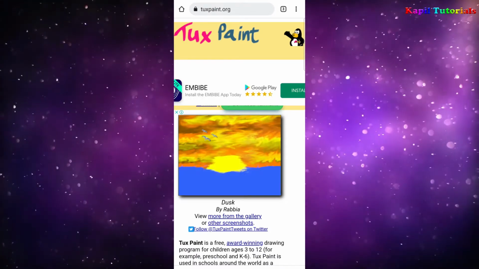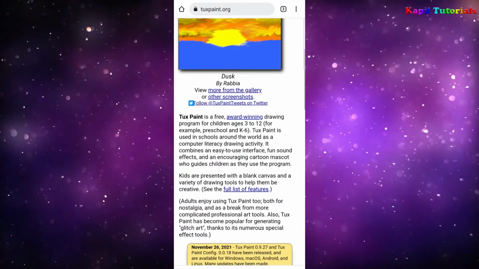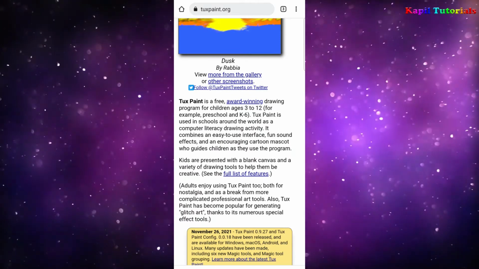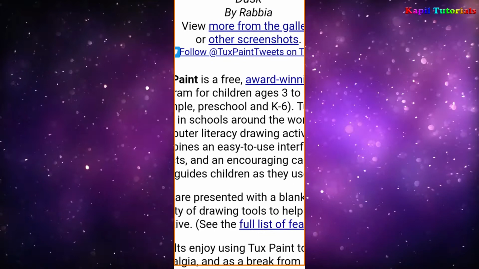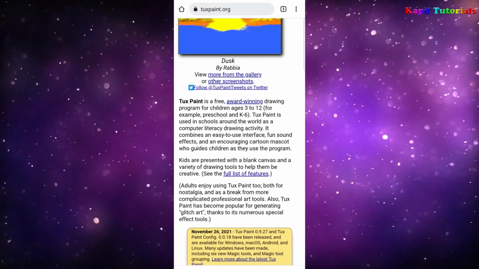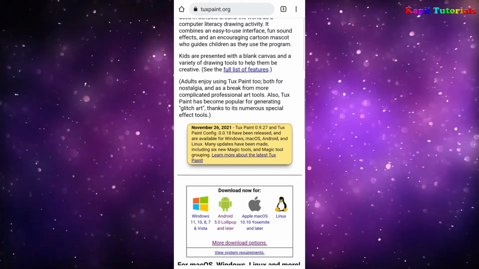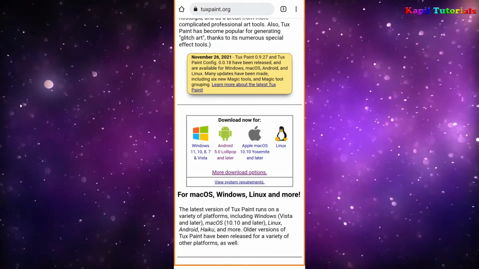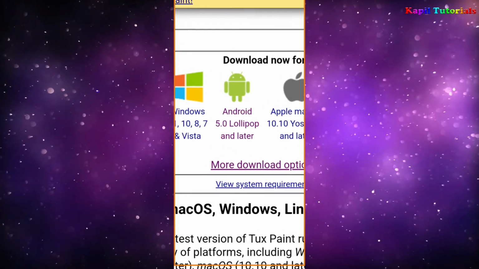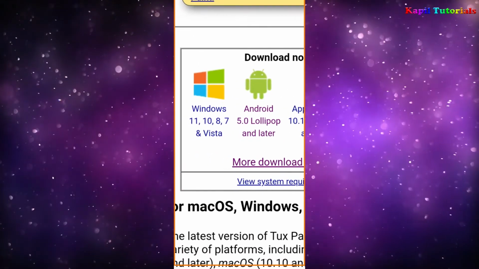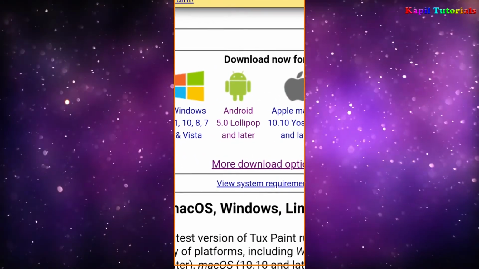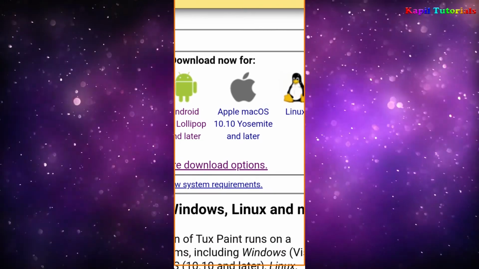Now this is the basic interface which you will see on the screen. And this is a very beautiful app, especially for the kids, because it's free. So there are different options available: Windows, Android, for Apple, but we have to click upon Android.